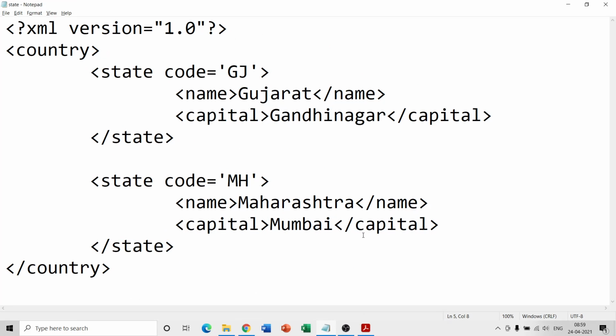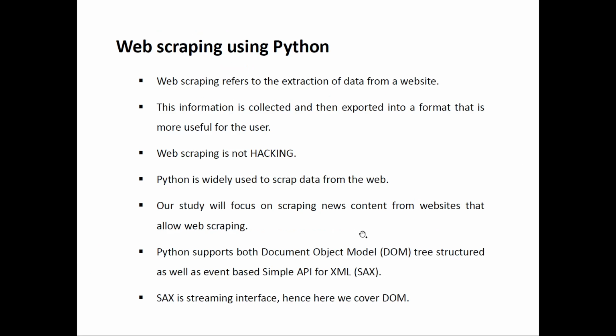In the XML code that we have seen, we have the country tag. Within the country tag, we have the state. Within the state, we have the name as well as the capital. The name and capital tags are at the same level. So this is a tree structure, or document object model, and that is what we are going to study.